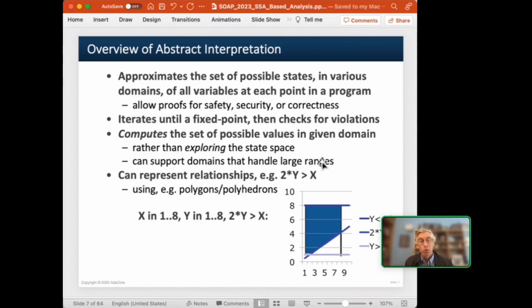Whereas some of the more exploratory tools like model checking can run into real trouble with very large state spaces, and it may have to go into kind of a symbolic approach and so